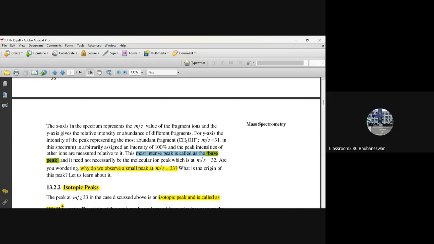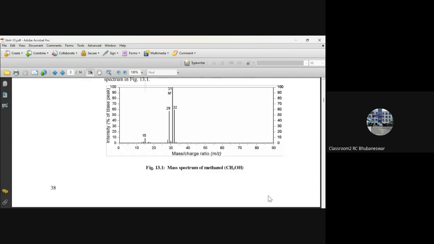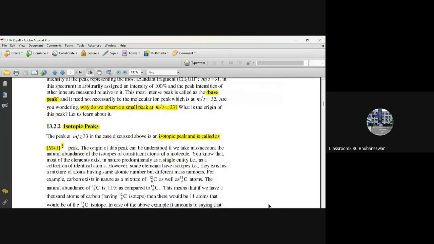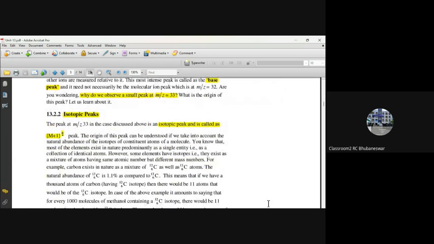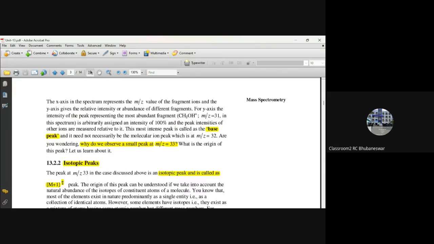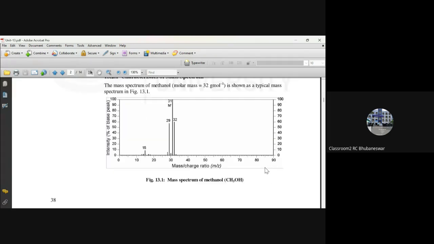We are also getting a small peak around 33. Here at 32, and a small peak is also there at 33. That is most probably the isotopic peak. The peak at M by Z 33 is an isotopic peak and is called your M plus 1 peak. The main concept you need to remember is that near the molecular cation peak